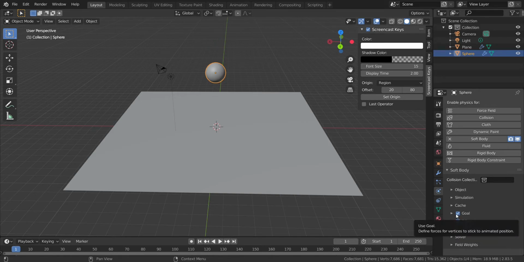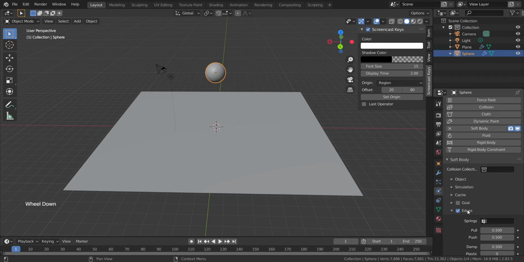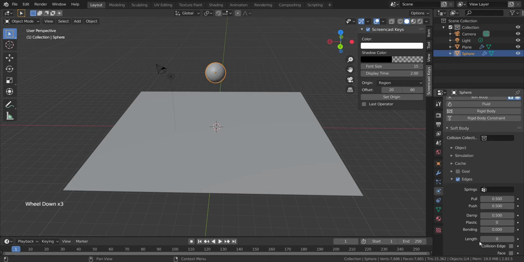We will uncheck the goal button and change some values under the edges section, because whenever my sphere touches the surface of this plane, it is going to change the size of its edges. Under the bending section, currently it's 0, so we will type 5 here, because whenever my sphere touches the surface, it will bend up to a value of 5.